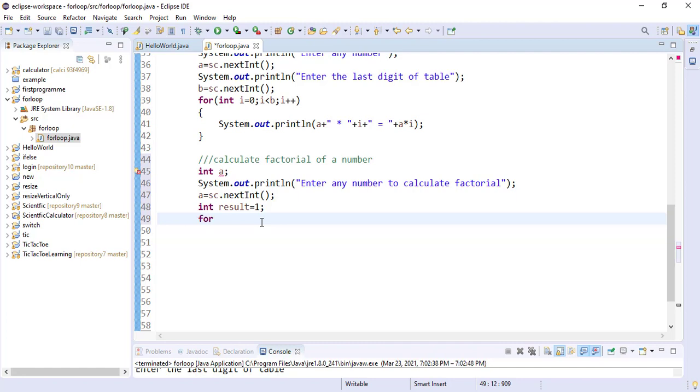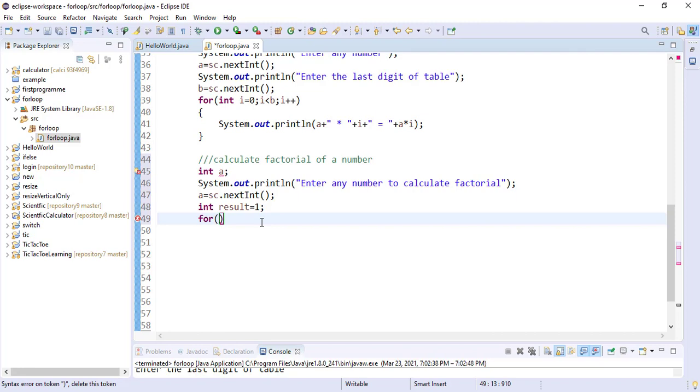First of all I have to run the loop. So basically what is the factorial? Let us suppose I want to calculate the factorial of 5. Then I have to multiply 5 down to 1: 5 into 4 into 3 into 2 into 1. So I have to decrement the value. First I multiply 5 with 4, then I multiply that result by 3, then I multiply the combined result again. Let us suppose 5 into 4 is 20, 20 into 3 is 60, then I multiply 60 by 2, then I multiply 120 by 1. So this is the logic of how to calculate a factorial.